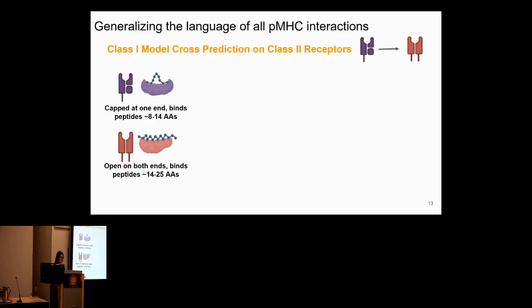And then we wanted to ask, can we learn about all motifs in this model regardless of class? And specifically, we wanted to ask if we learn on just class 1 receptors, can we predict on class 2 receptors? And like I said before, this is a really difficult problem because class 1 and class 2 HLAs are really, really different from each other. So they bind different peptides, they have different steric and structural properties, and they even participate in different downstream signaling. So it was a bit of a crazy idea, but we still decided to do it, and the answer was